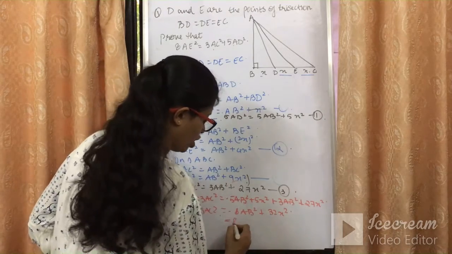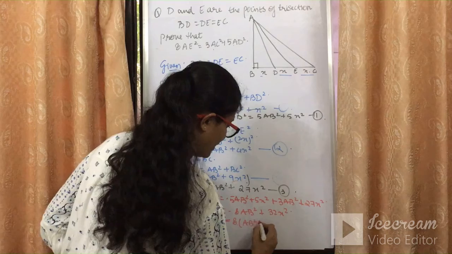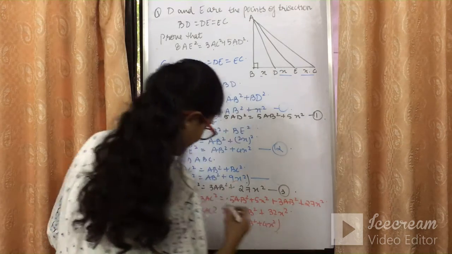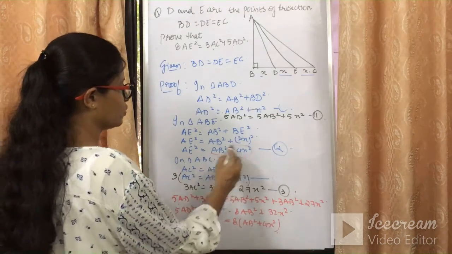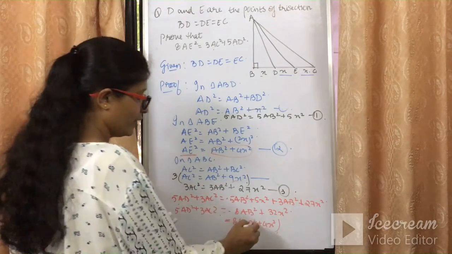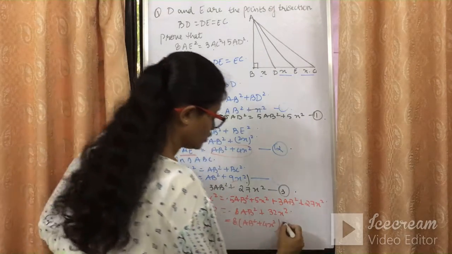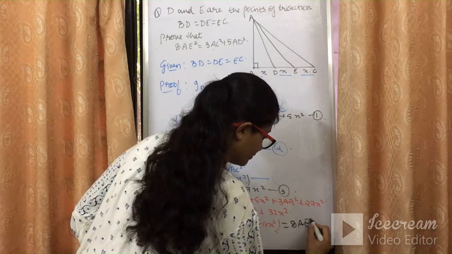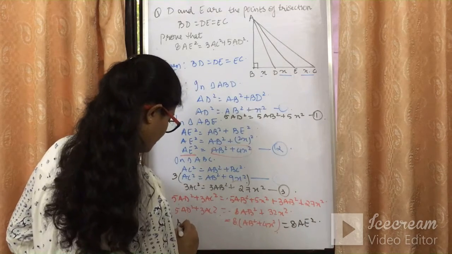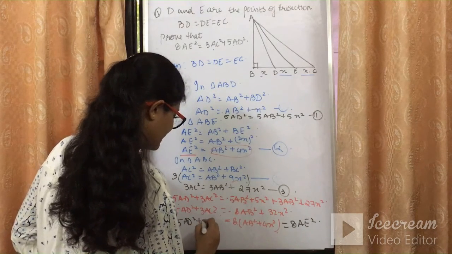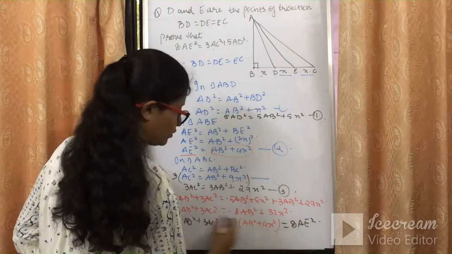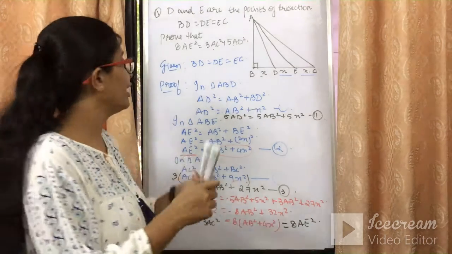Can we take out 8 common from this? It will become AB square plus 4x square. And we know that AB square plus 4x square is nothing but AE square. We can replace this with AE square. So it will be 8AE square. So what is there? 5AD square plus 3AC square is nothing but equal to 8AE square, जो कि हमको प्रूफ